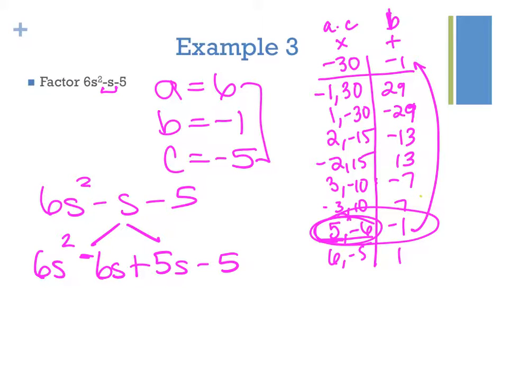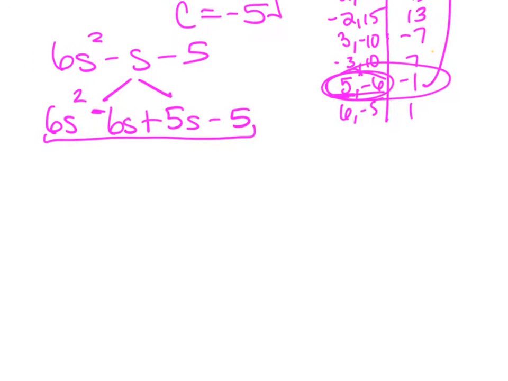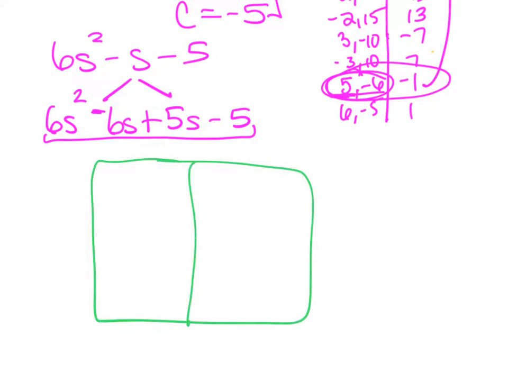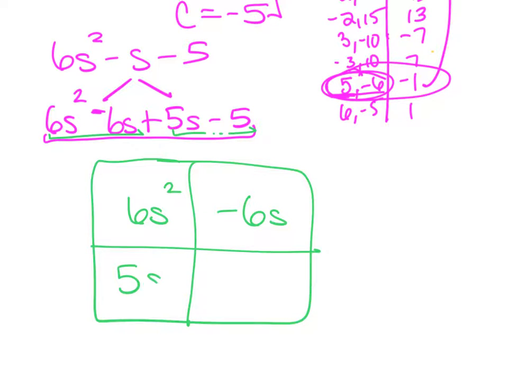So here we have our 4 terms now, and so I'm going to go ahead and create our box, right? I'm going to create our big old box here. 4 squares, 4 terms, 4 squares. The first 2 are going to go on the top row, and the next 2 are going to go in the bottom row. 6s squared, minus 6s, 5s, minus 5. If I do my greatest common factor, right, 6s squared and negative 6s,